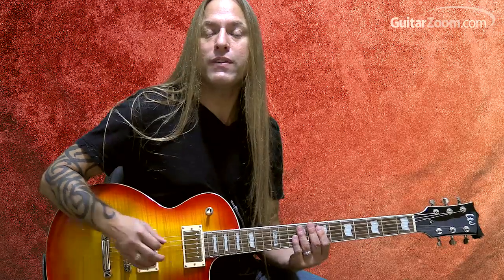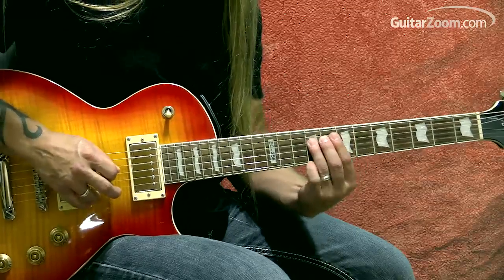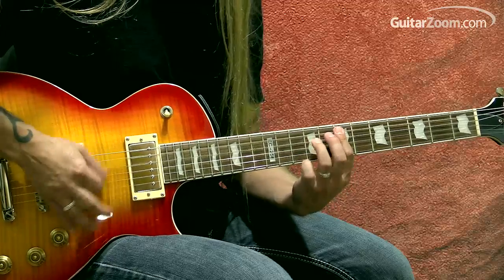Okay, and then I'm going to move into this little blues pentatonic lick which Tony Iommi most certainly uses quite frequently. He's a very pentatonic player, and there are some other notes that he does add in, and we'll talk about those, like this one right now with this blues note. That one right there in the middle. So we're going to put those two things together, and we get...